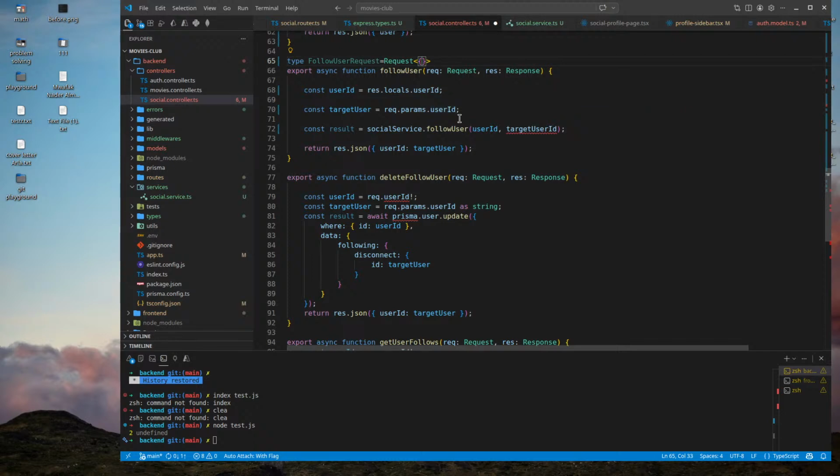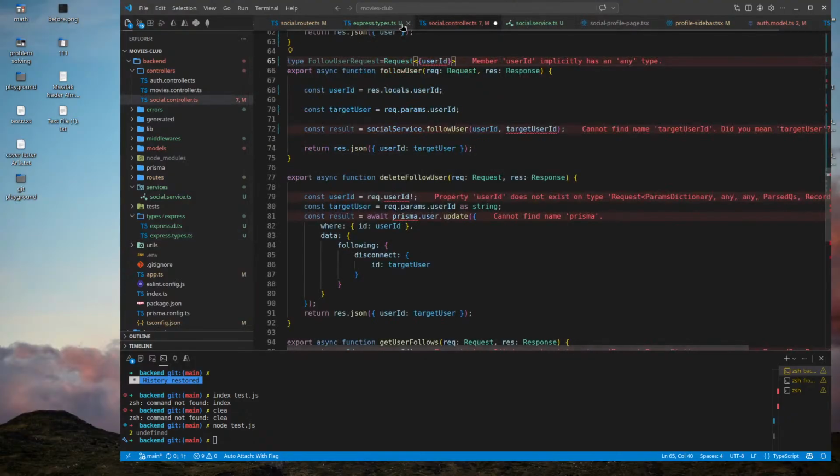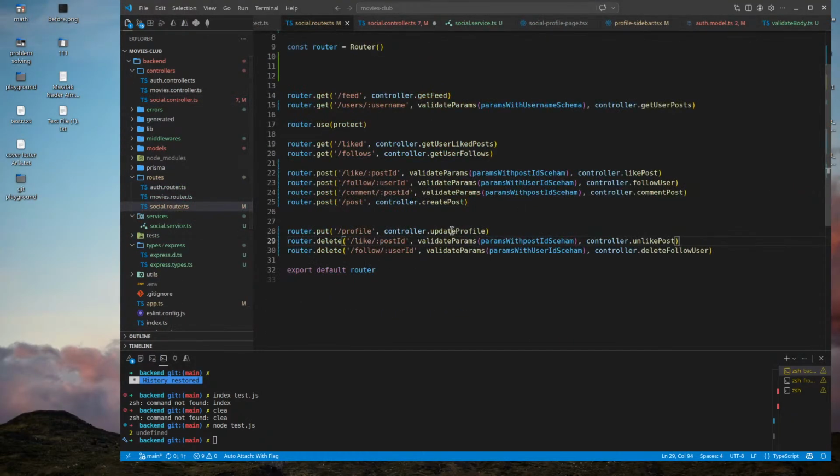Yeah. Okay. User ID. Probably this is a bad name. Target user. Maybe target user ID is better. This means that I have to change the front end. But target is way better, man. Okay. I need the consistency. I need better names. Let's change.